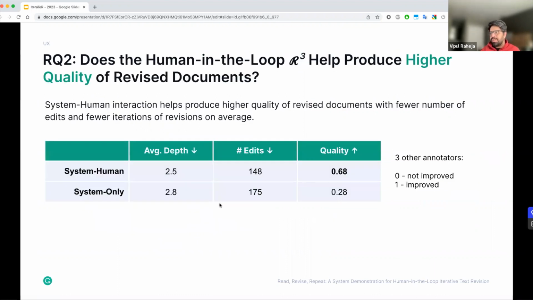Coming to the second question, does it really help produce higher quality of revised documents? We answered this question by removing human interaction from our system. So we removed the user interaction in reviewing the model generated edits, which gives us the system-only baseline. And we asked a group of another 3 annotators to judge whether the final revised documents have improved quality. And the results show that when comparing the system with human interaction, which is our proposed system, and this one just without human in the loop,